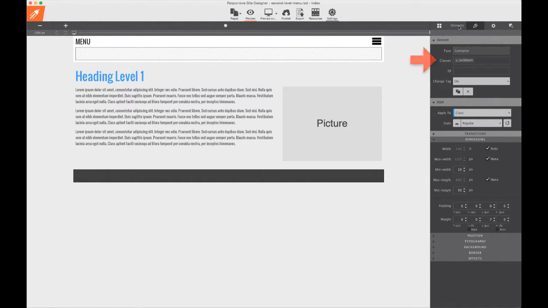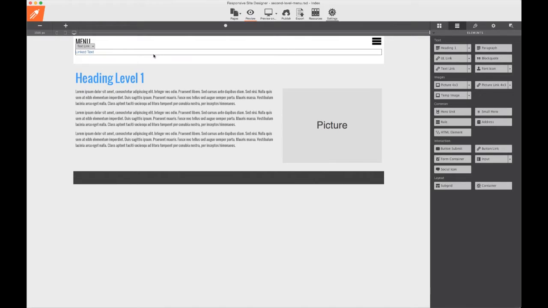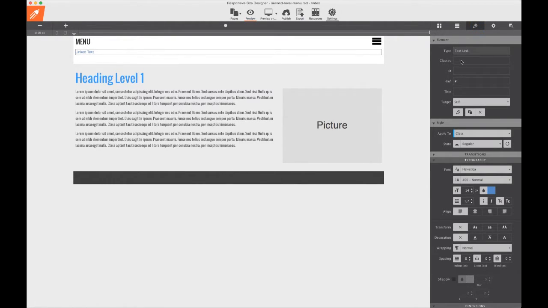Okay, next element we need is a text link, and a class, first level button,